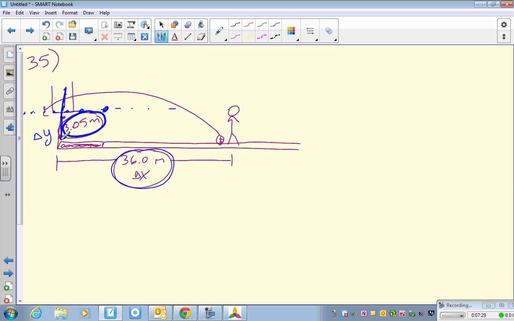So when you answer that question, part B says, does the ball approach the crossbar while still rising or while falling? So there are a couple ways that you can go about this problem. One way is to look at